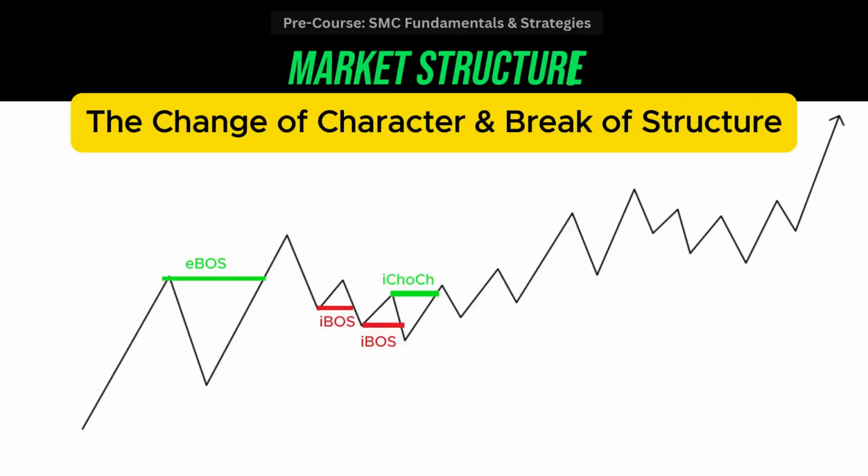This type of change of character is named an internal change of character, or an internal market structure shift. So this indicates that the low time frame trend could soon reverse to follow the high time frame trend. The confirmation of the reversal is done by price not being able to break the past low, so by creating a higher low and breaking the past high by creating a higher high. And this confirms an internal bullish break of structure in which price follows through the high time frame and continues